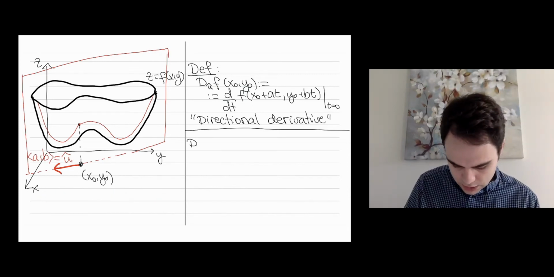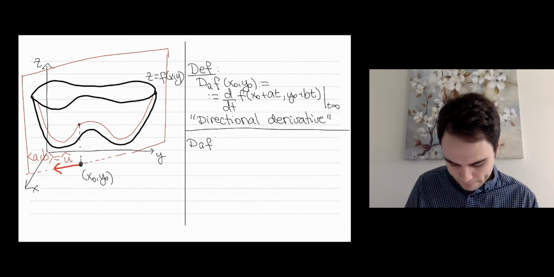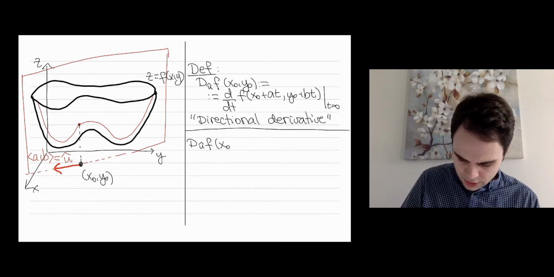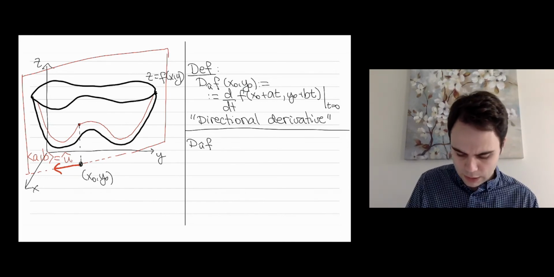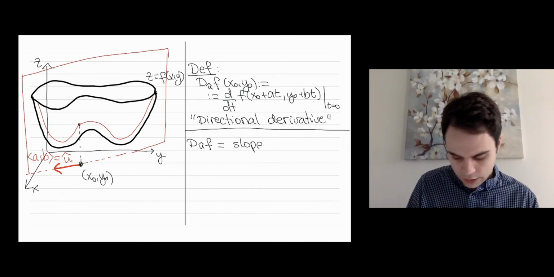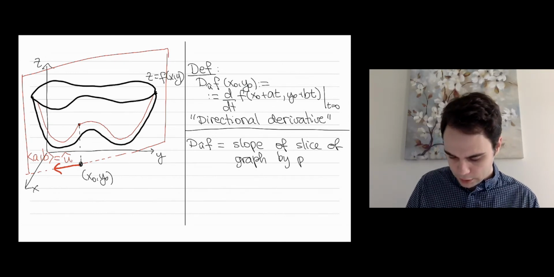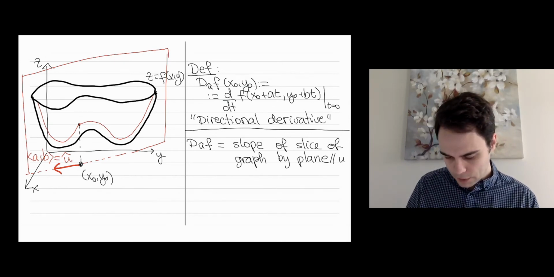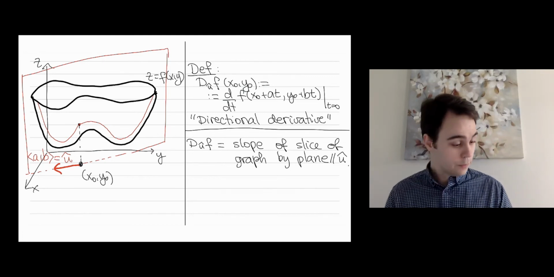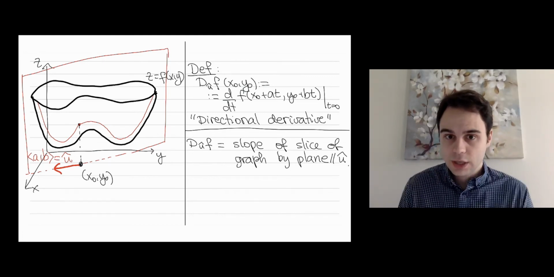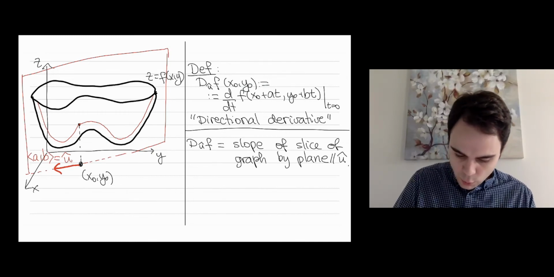The derivative D_u f at (x0, y0), let me just omit the point where I'm evaluating it, is the slope of the slice of the graph, this red slice, by a plane parallel to u. And the other observation is that we don't have to compute